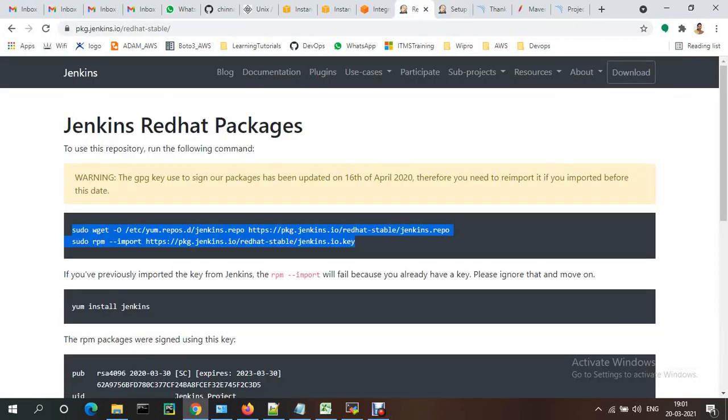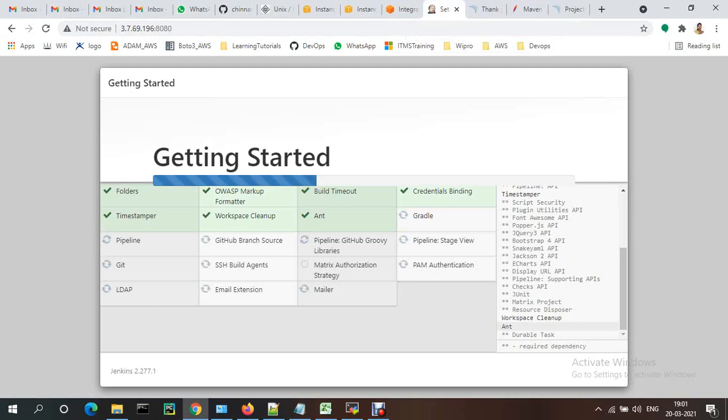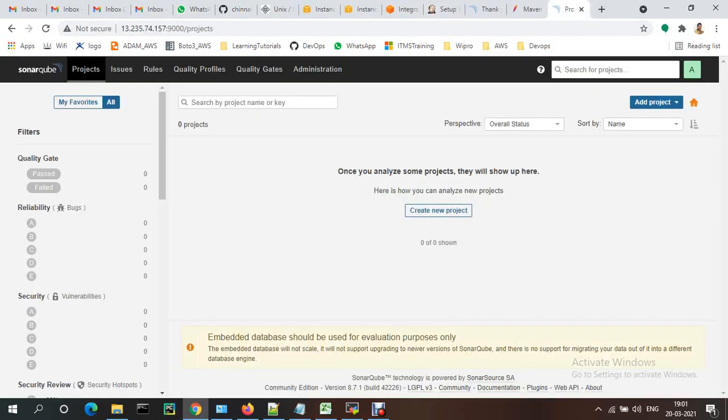Okay, now let's check the status of our Jenkins. Still it should be getting updated. Meanwhile, this is the SonarQube home page. Okay, so here we need to create a token to integrate Jenkins with SonarQube. A token is like login credentials.